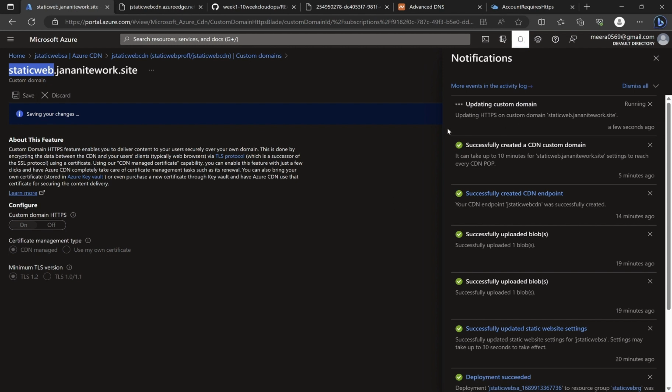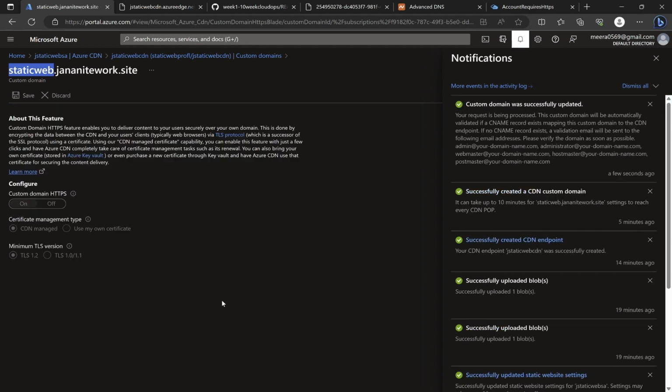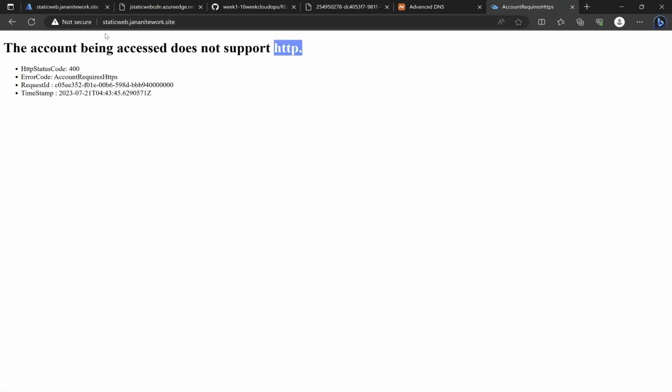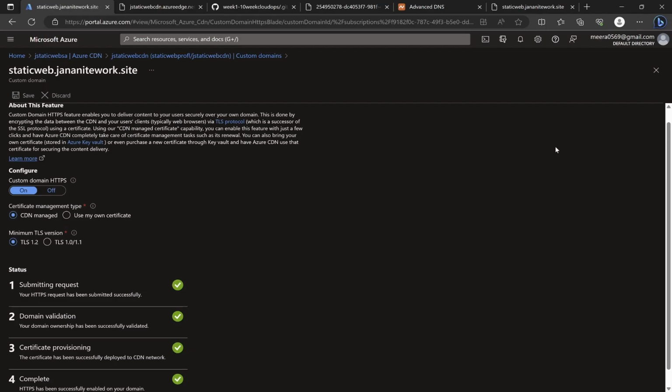For this, Azure first sends a certificate signing request to the CA and validates it. So yeah, this is the request flow. So it will first submit the request and do the domain validation, and then the certificate is provisioned. Once everything is complete, we can see our own custom domain which is pointing to the CDN, and we can see HTTPS being enabled. So let's wait for some more time. It has taken nearly 20 to 30 minutes